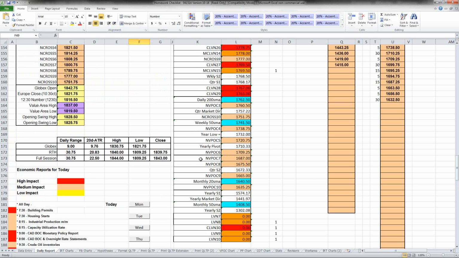Sorry, I need to just check to see where we're trading at right now. All right, so we're trading right at 46.50 right now. So going over to the data entry,